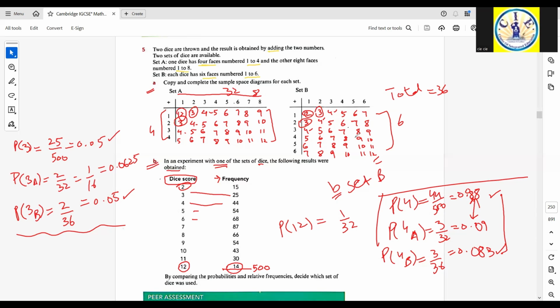So you can say that set B is the one that is showing results closer to this frequency table, but set A is also